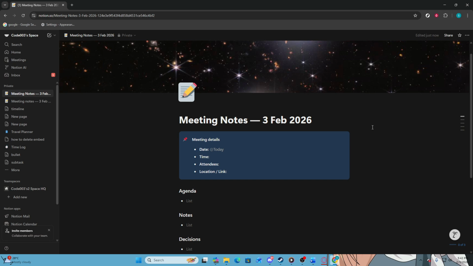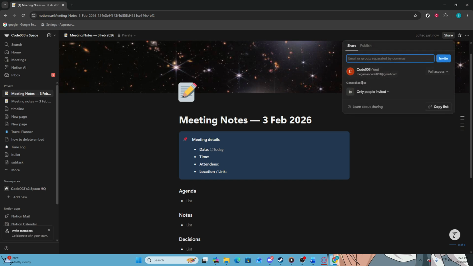Next, click on the General Access option to adjust the sharing settings. This will enable you to control who can view or edit the notes. Finally, change the access setting from Only Me to Anyone with the link. This adjustment ensures that anyone who needs access to the meeting notes can view them without